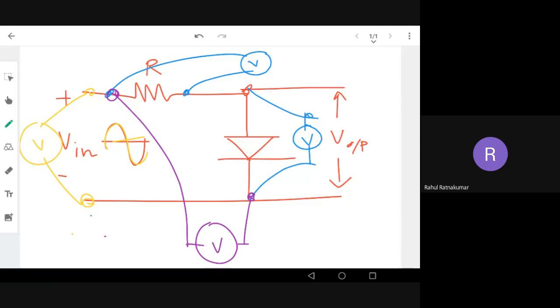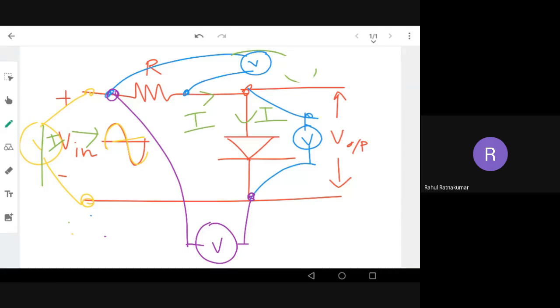Now this is only voltage. Now the same logic applies to current also. What is the input current? The voltage is a sine wave, input is also a sine wave, so the current will also be a sine wave. And now what is the current across the resistance? That means you need to keep an ammeter. Sorry, an ammeter is always in series. You should know what is the current I in this part of the circuit, what is the current I through the diode, right? So current I also has to be understood.